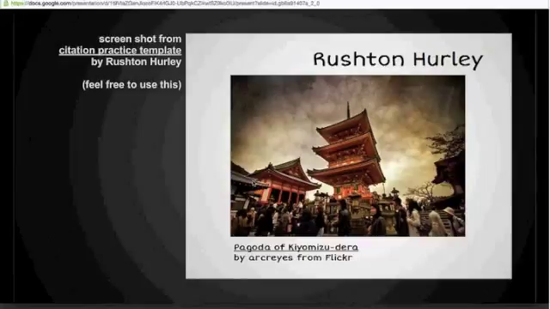So as you look at this slide, you see that there's the image right in the middle, and then there is a kind of citation at the bottom. Now, some people are much more into particular kinds of citations than others. For my purposes, I think of citation in this regard. It should do two things. It should point the person who's viewing it or listening to it back to where it was found, and it should also highlight the person whose work it is.